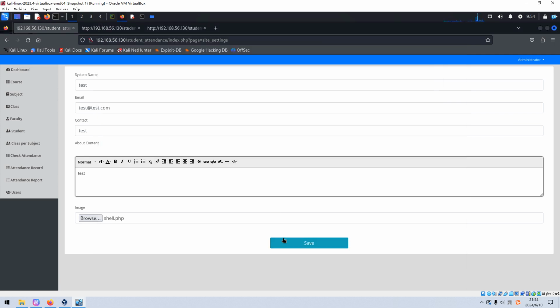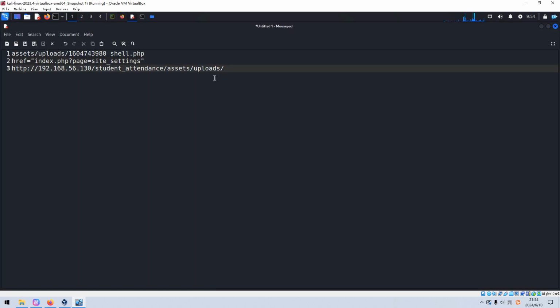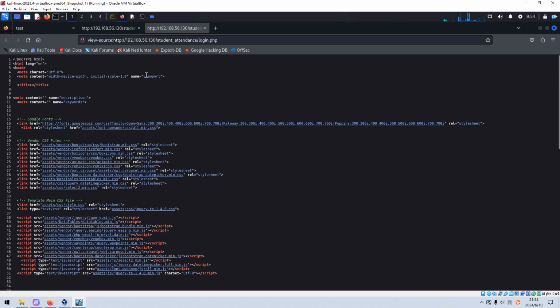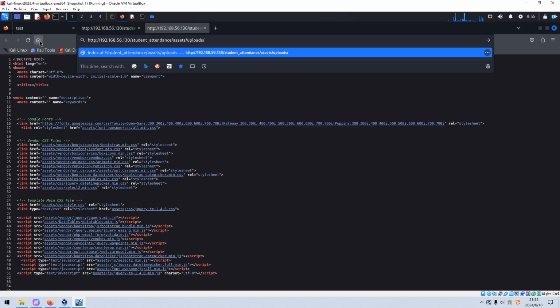And we can save. Data successfully saved. So now we can go to this directory to see whether our file has been uploaded successfully. Okay, we can paste in here.